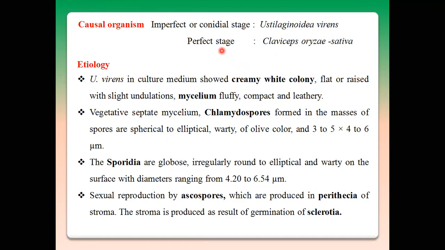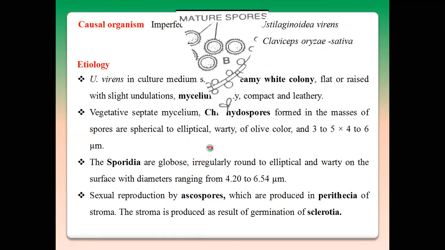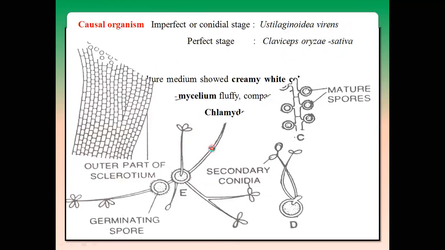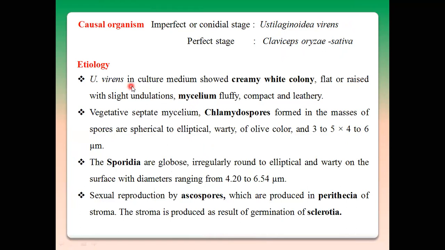Sexual spores are generally produced in Claviceps oryzae-sativae, that is ascospores are produced. And in regard to Ustilaginoidea virens, the sporidia or chlamydospores are produced. Okay, so in Ustilaginoidea virens,